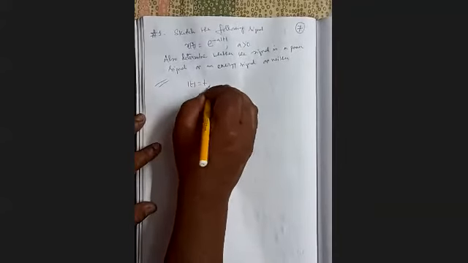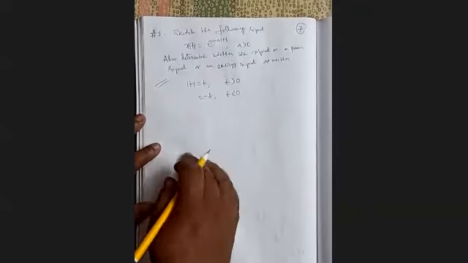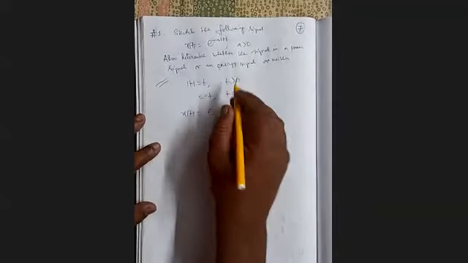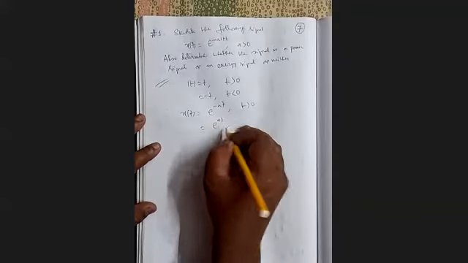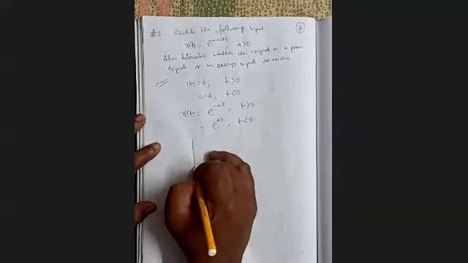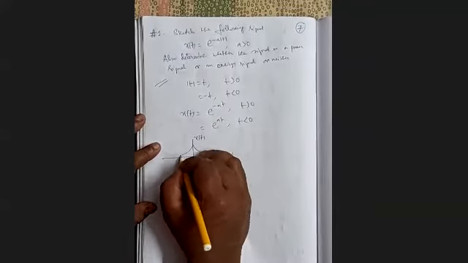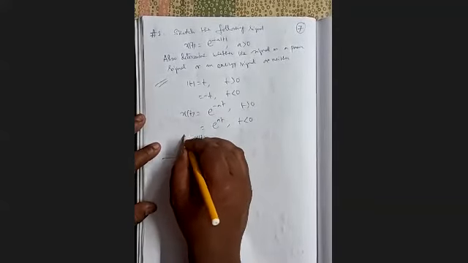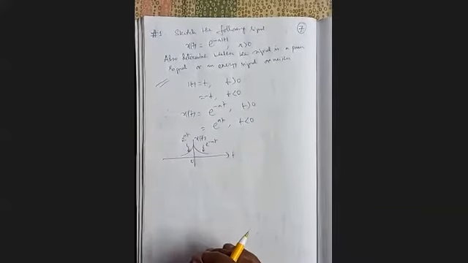Now mod t equal to t when t is positive, and mod t equal to minus t when t is negative. Therefore our x(t) equal to, we can write, e to the power minus at when t is positive and e to the power at when t is negative. So if we plot that one.